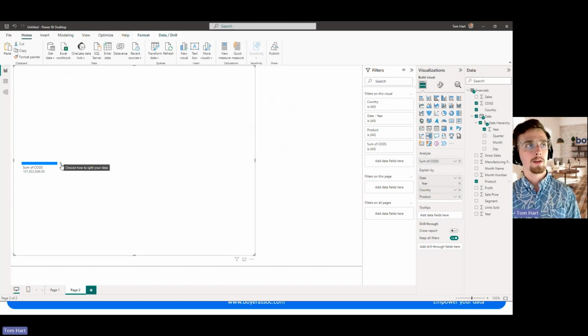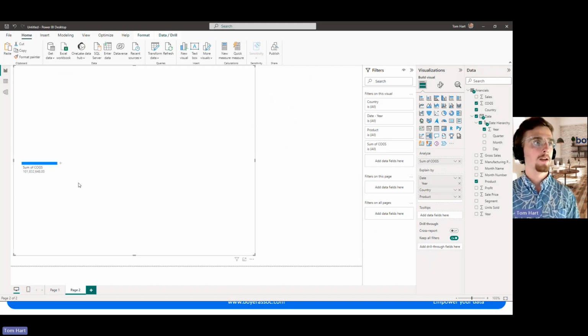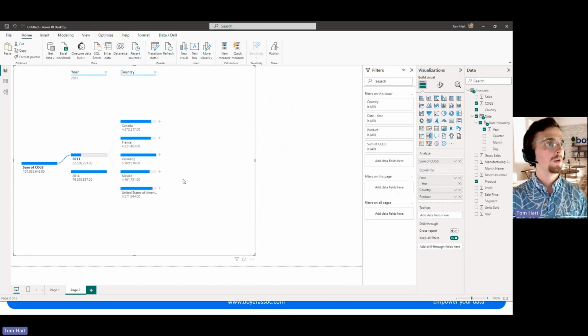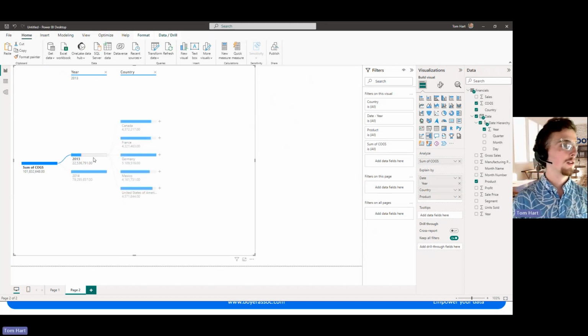And over here in the canvas, I've got sum of COGS, and I can select the little plus icon and expand it by year. So now my sum of COGS is decomposed into the 2 years that are making up this total. I can decompose that further into country, and I can bounce between countries here to see how Canada